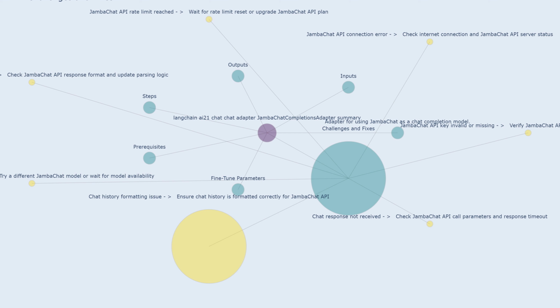This arises when the chat history provided to the Jamba Chat application programming interface is not formatted correctly. This can lead to errors in processing the history and prevent the model from understanding the context of the conversation. To avoid this issue, ensure that the chat history is formatted according to the Jamba Chat application programming interface specifications. This might involve using a specific format for messages, such as JSON or XML, or adhering to particular rules for